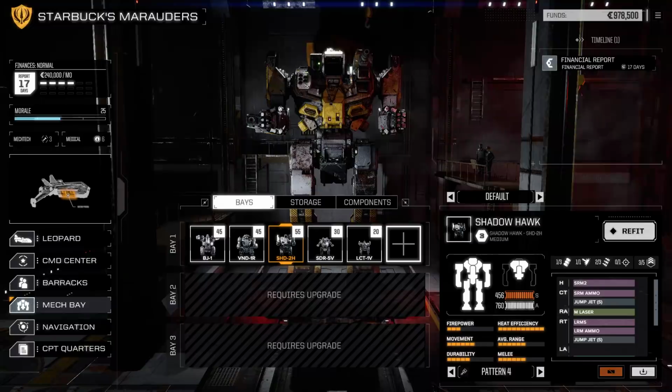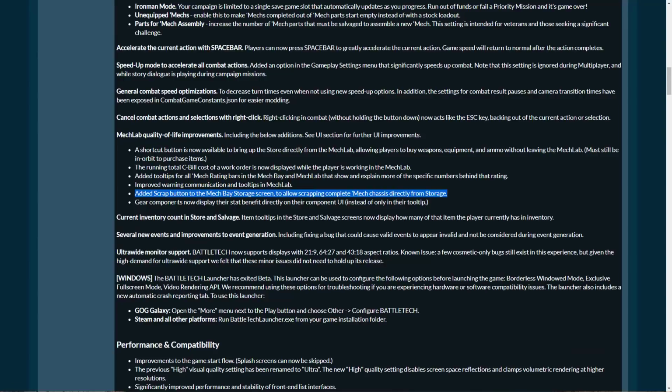So now you can scrap directly from storage, which I think is very valuable. Gear components now display their stat benefit directly on the component UI instead of only on their tooltip. Sure, excellent, fine. Current inventory count in store and salvage. This is a big one. Item tooltips in the store and salvage screens now display how many of that item the player currently has in